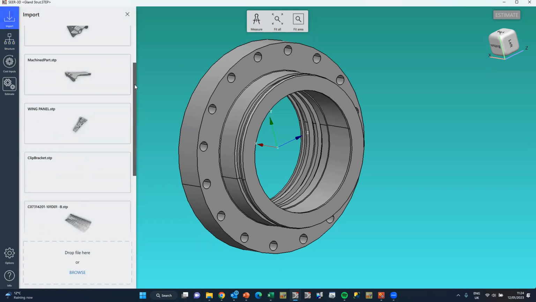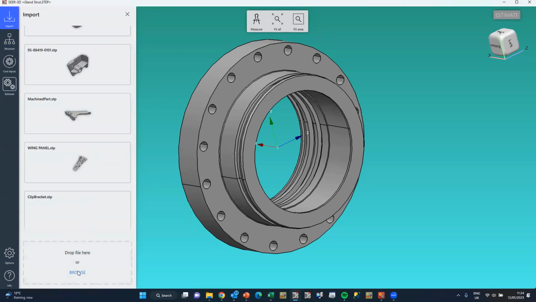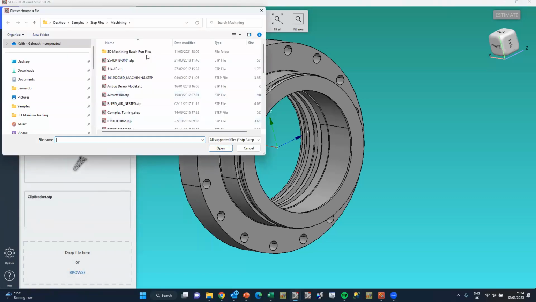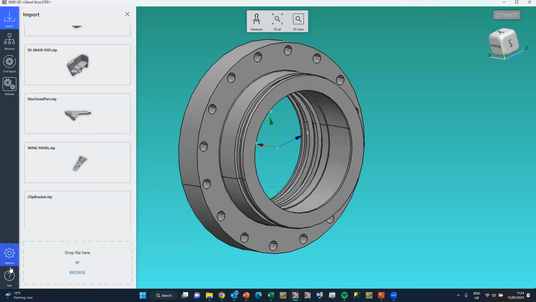Past projects will appear in the list here, or you can browse in a traditional way to find the step file that you need to estimate. So I'll just cancel that one, stick with this one. Let's have a look at the buttons. So the structure